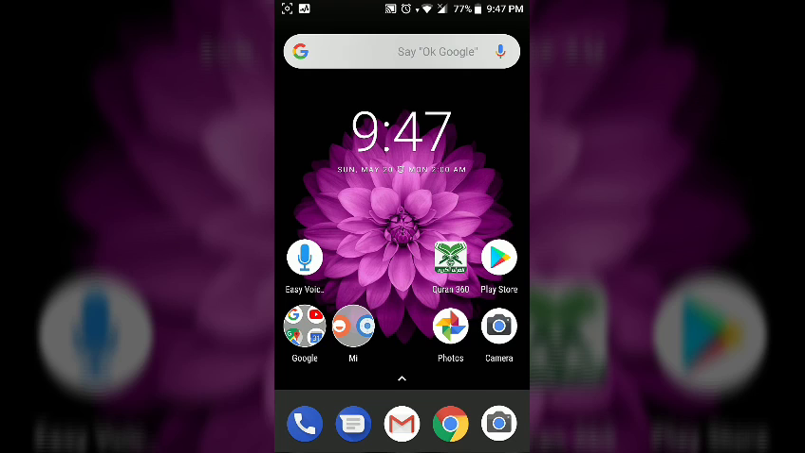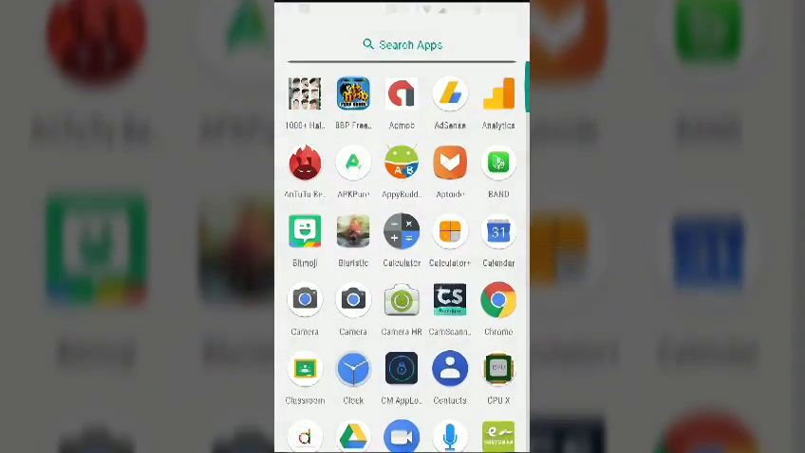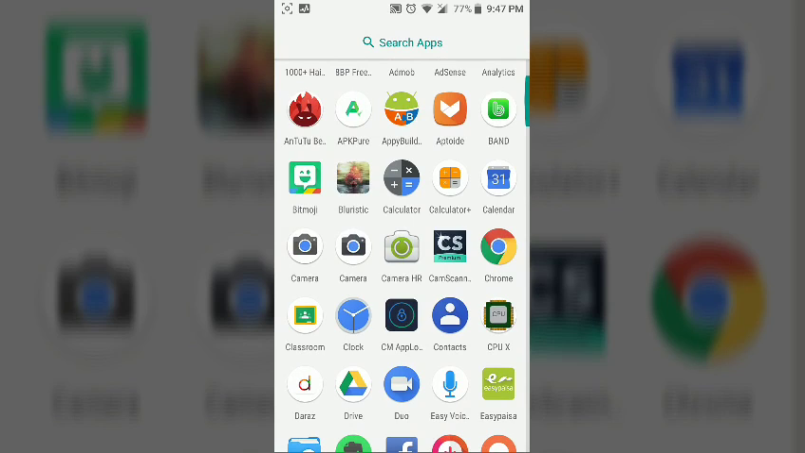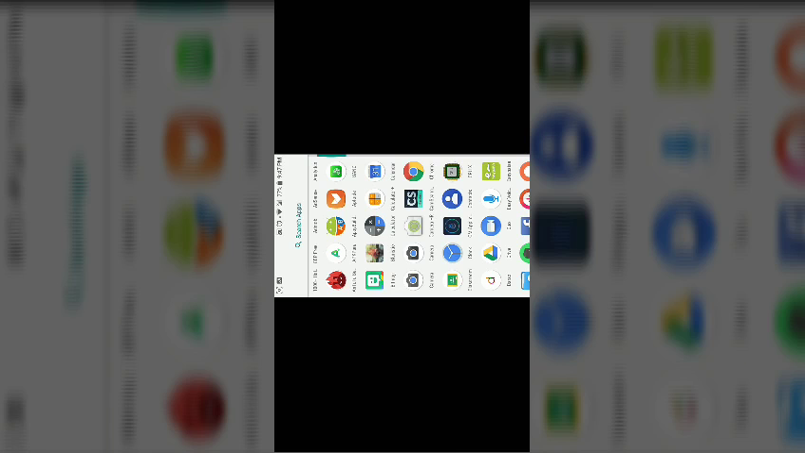Today I will show you how you can install a 16 megapixel camera in a 12 megapixel lens. So let's start. First of all, you will need a camera app that is named Camera HR. I have downloaded it. The link of this camera app is in the description or you can find it on our official website. So click here and I will capture it